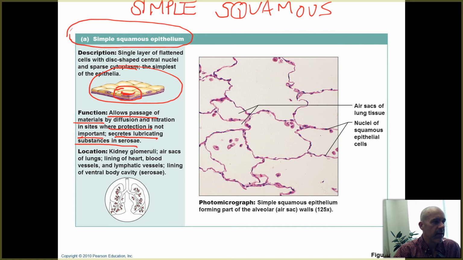All right, so any place in the body where you need to allow passage of gases or solutes, if it's from one fluid location to another, that's where you're going to find these super thin, simple squamous epithelial tissues. So some example locations: kidney glomeruli. Those are the tissues in your kidneys that are involved in urine formation. Urine is filtered blood. Air sacs of the lungs, that's a really good example to remember,